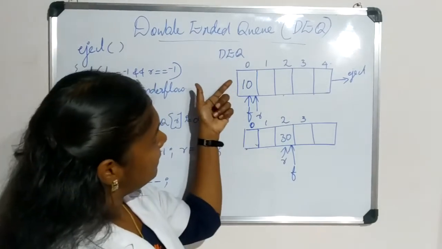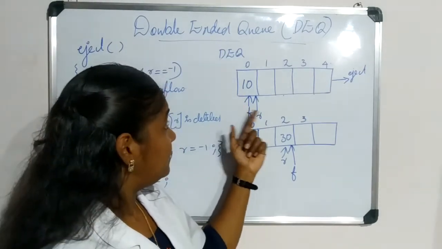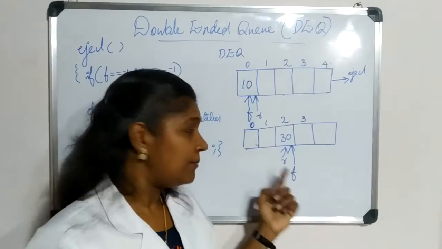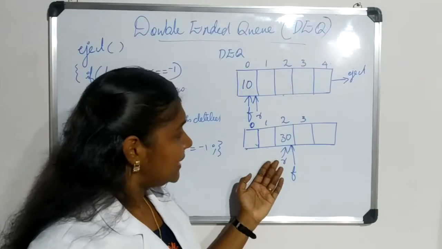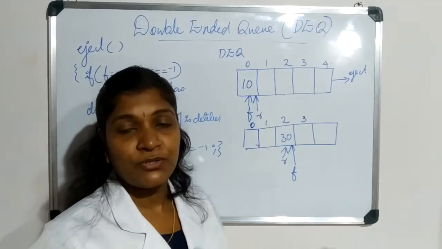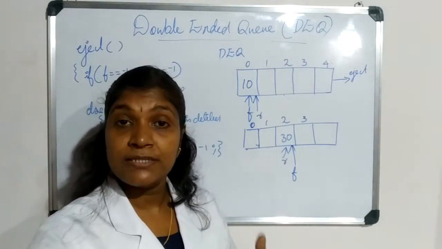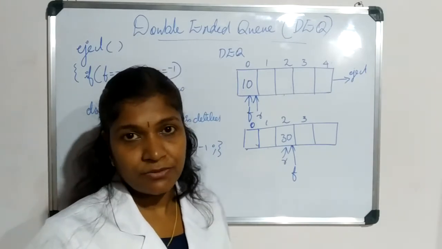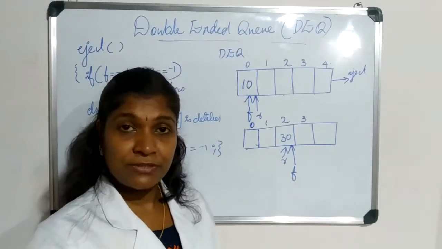So like this. In the first case, this is a double-ended queue with a single element where F and R are pointing to position 0, and this is also a double-ended queue with a single element where R and F are pointing to position 2. So like the same, the single element case can be at any location in the double-ended queue, because that depends on the order of the NQ, DQ, inject and eject operations which the user performs. That depends on the example values, or the operations which we choose in the order. That depends on that order.